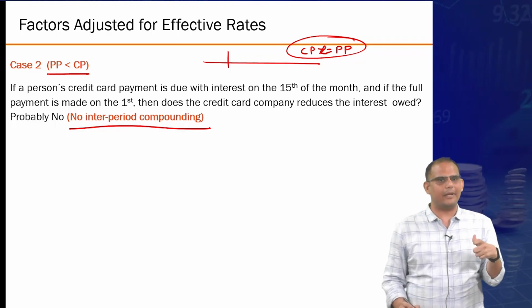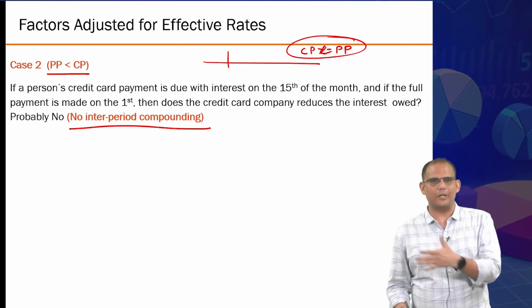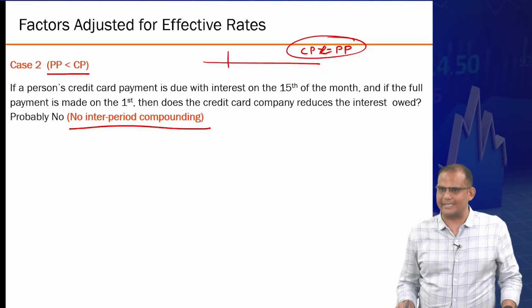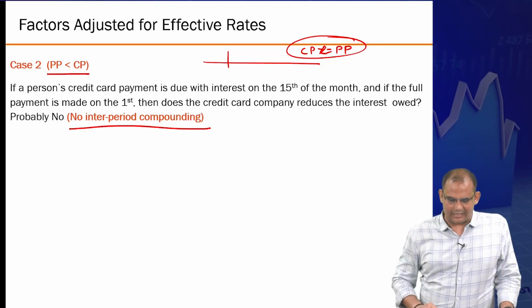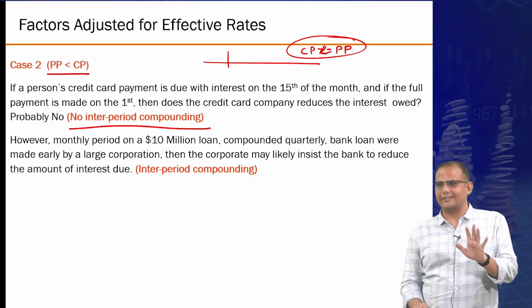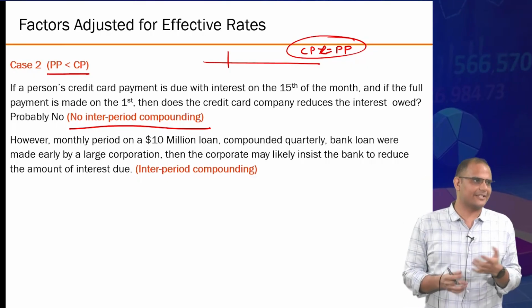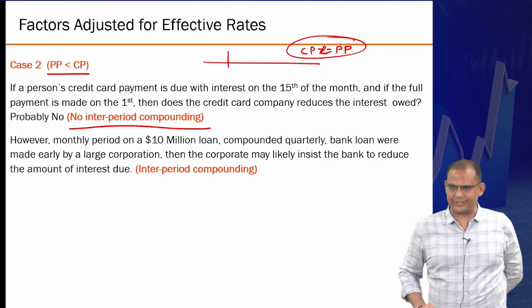You can still estimate the equivalent effective rate per payment period and still go on. But I'll also introduce you to this no inter-period compounding concept, which is sometimes still asked, especially if you are going into government jobs. This is the classic question you will get, because this is the toughest question they ask in the construction management side of this stream. So in your IES and all papers, you might have these kind of questions.